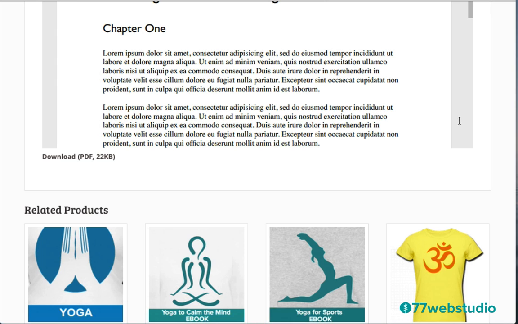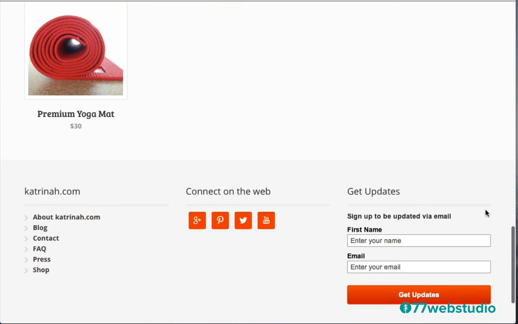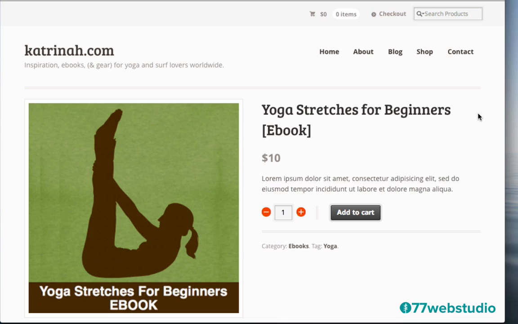Just underneath the product description, you'll also have some related products, so you can cross-sell or upsell other related products with the product above. And then finally below that, we'll have the footer, once again, with all of the customizable content. So here we are on the product page. Let's go through the actual shopping experience that a potential customer would have when they want to buy an ebook on your site. So first they would come to the product page and they would click on Add to Cart to add the product to their shopping cart.